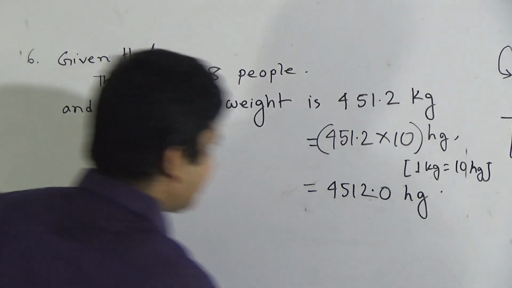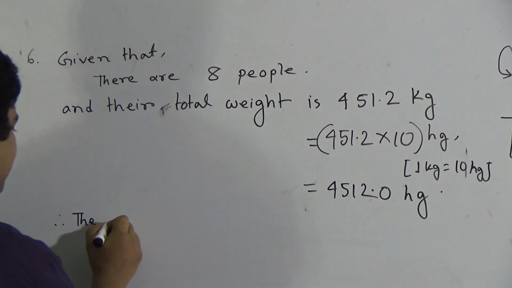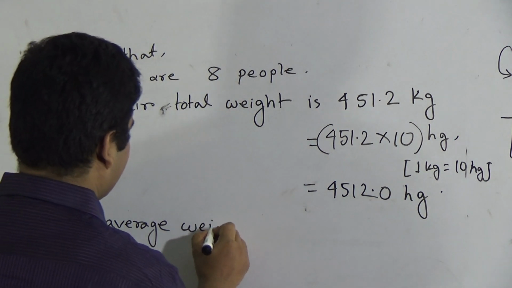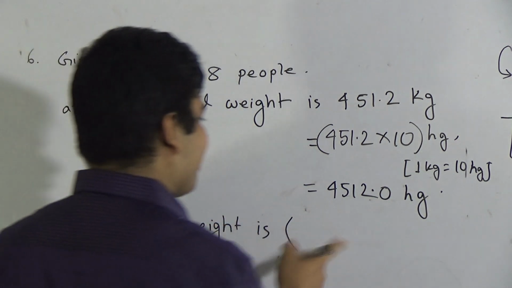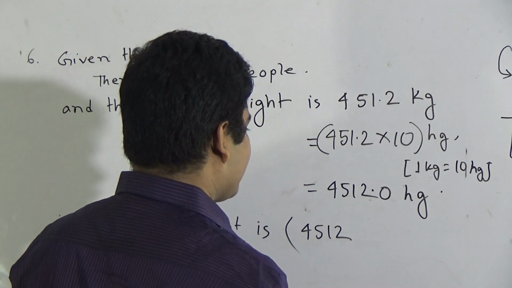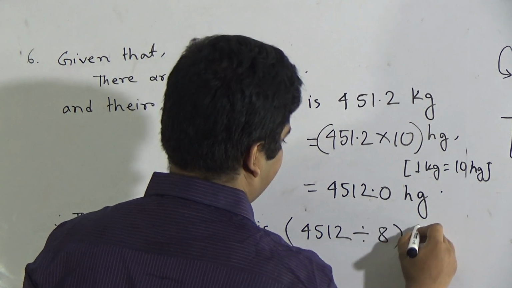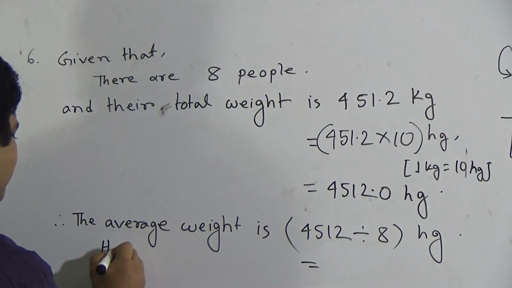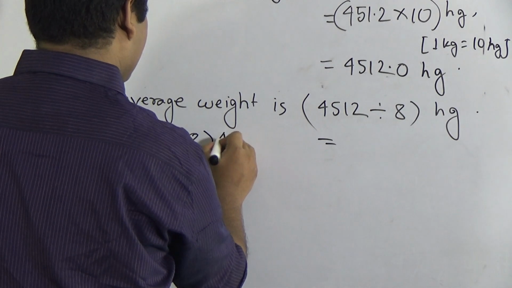Okay, now we find out the average weight. Therefore the average weight is sum of quantities divided by number of quantities. So 4512 hectogram divided by 8 hectogram. So here we show the division procedure. So 8 here, dividend is